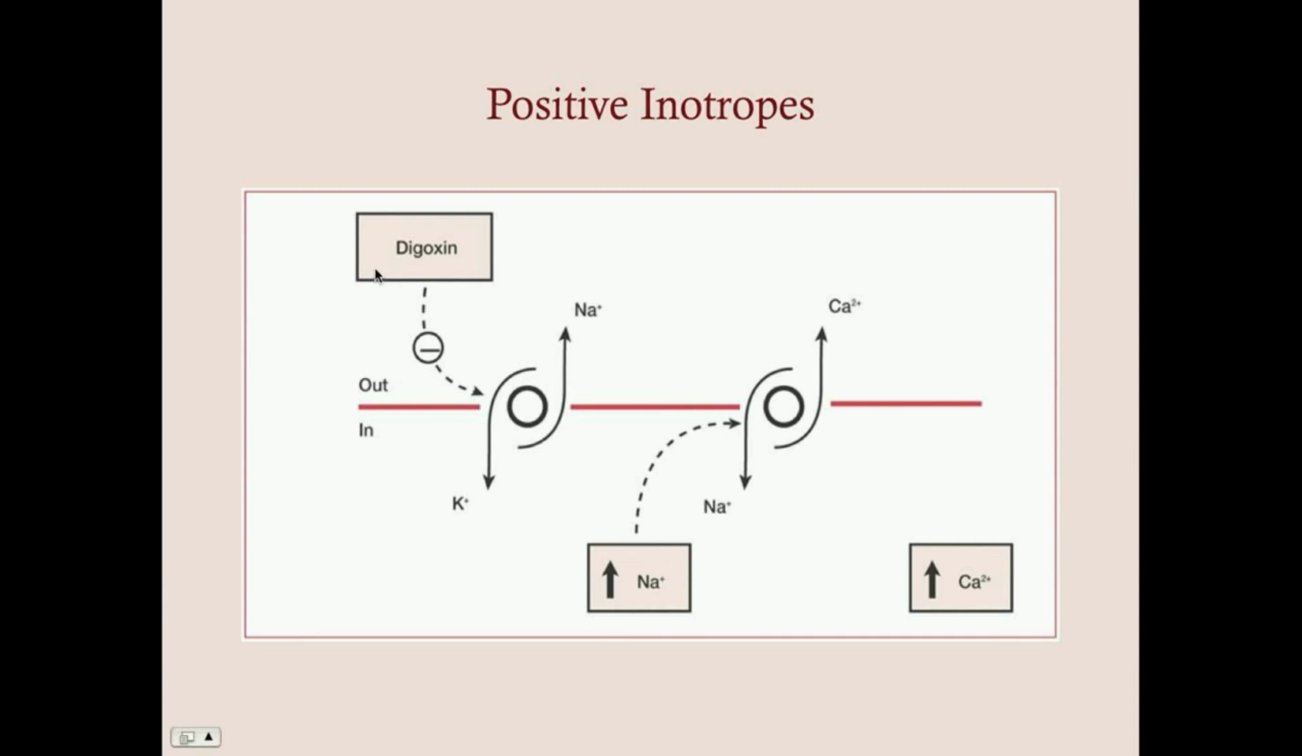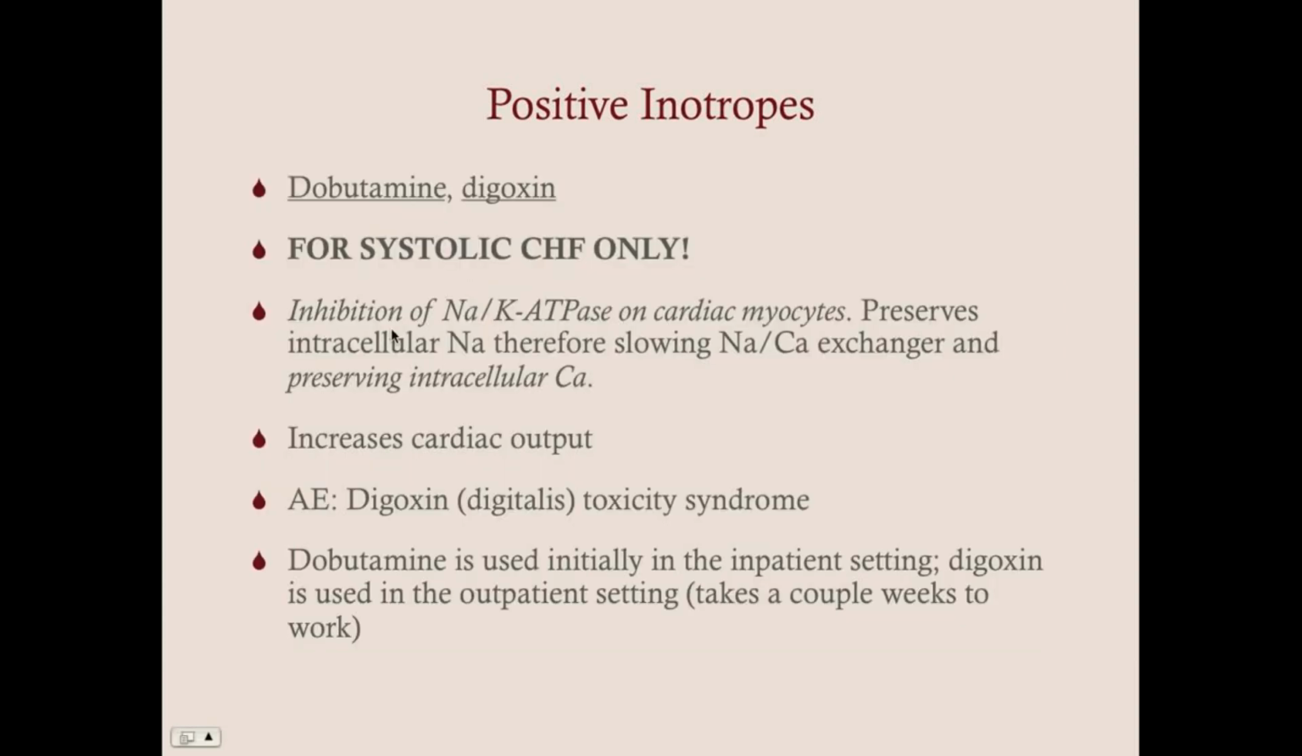So indirectly, digoxin is going to increase your intracellular concentration of calcium. And because of that, we are going to increase our contractile force. Digoxin and dobutamine both do this. So we preserve our intracellular calcium, and that's going to increase our cardiac output. The adverse effects here are going to be digoxin toxicity syndrome or digitalis toxicity syndrome. That can happen with either of these, but we most often see it with digoxin because the patient takes this